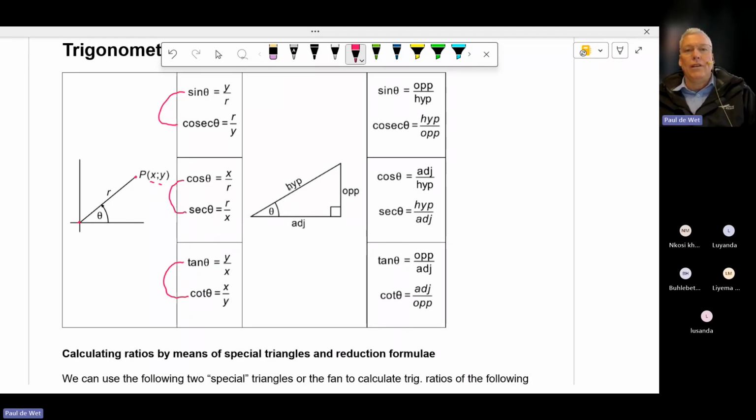You also need to know them in a right-angled triangle. Now, when we've got a right-angled triangle, the side opposite the right angle is called the hypotenuse. The side opposite the angle is called the opposite. Okay, and this word here is adjacent, and